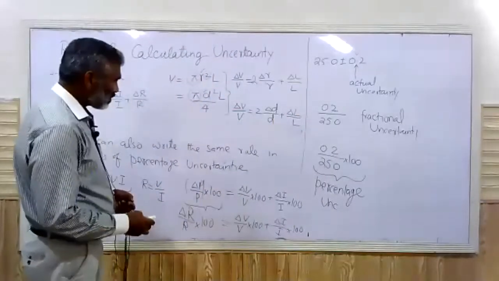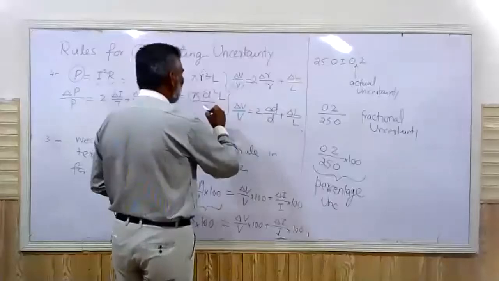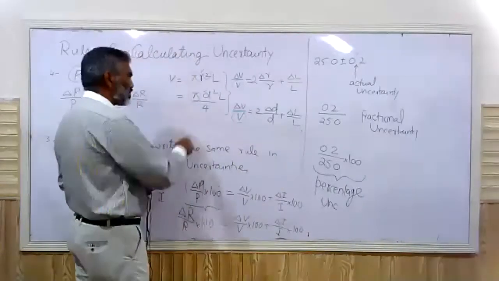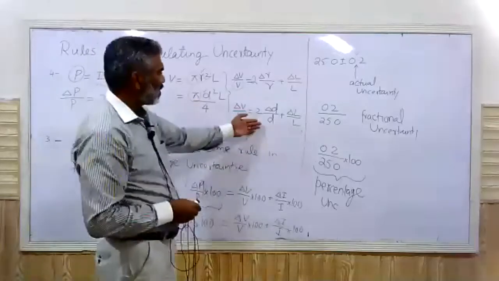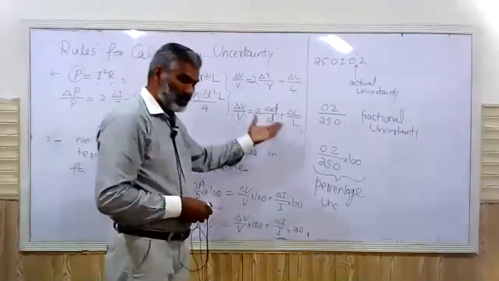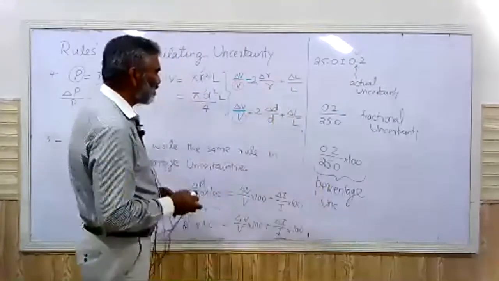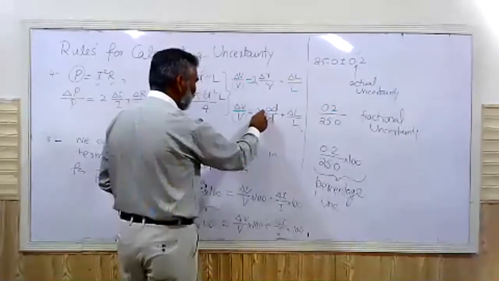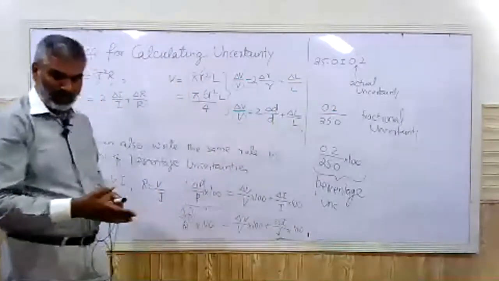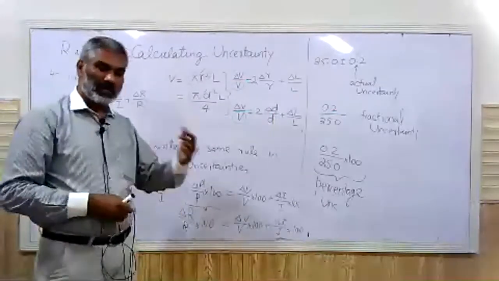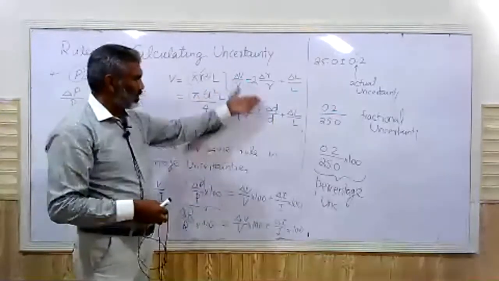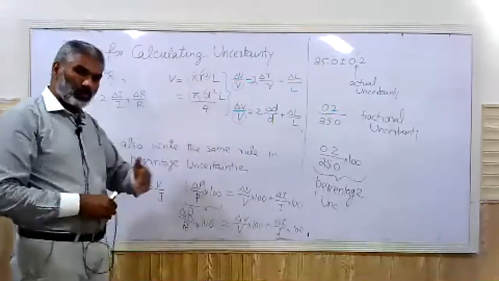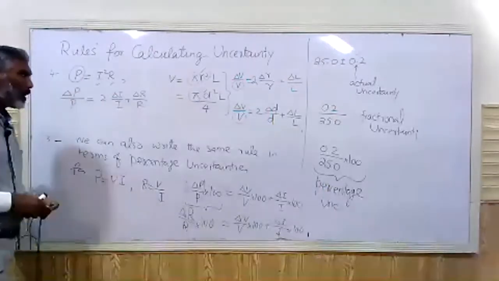Although this number will be calculated using the value of radius, and here the value of V will be calculated using the diameter, the arrangement, the formula at least appears very similar. Instead of delta R here, and instead of R here, you write delta D over D, because it is the diameter which is given in the question. Its value is given, its uncertainty is given. So although it's a similar technique, you will take care of which quantity is given, so you use that quantity along with the uncertainty in it.